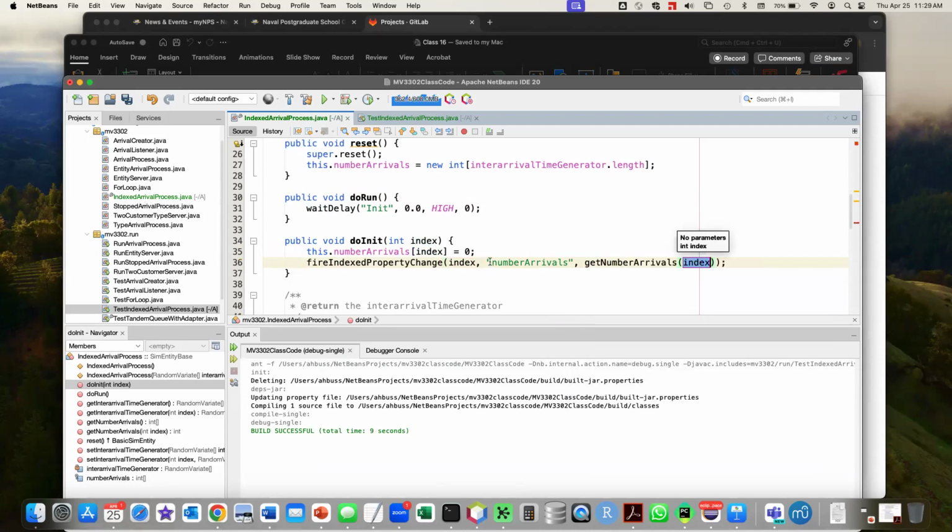And here's where the convention is that the new value, you should almost always get from the getter. Okay, so now if our index, remember it was less than n minus 1, but